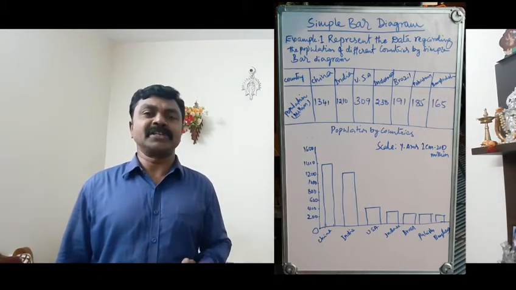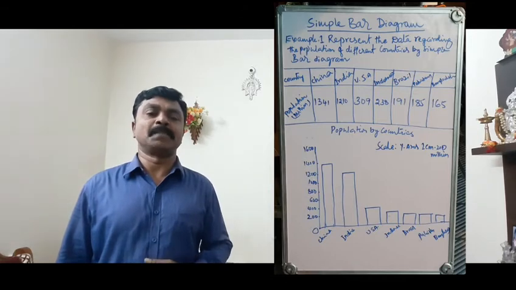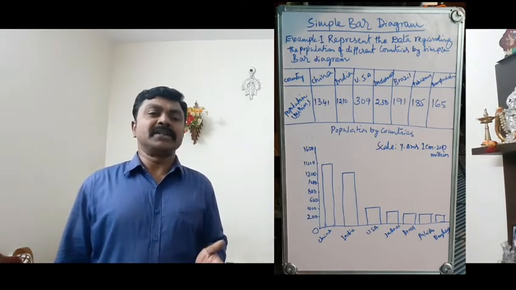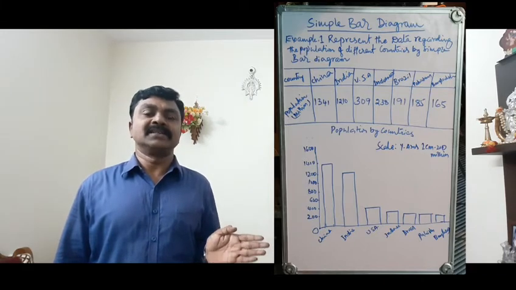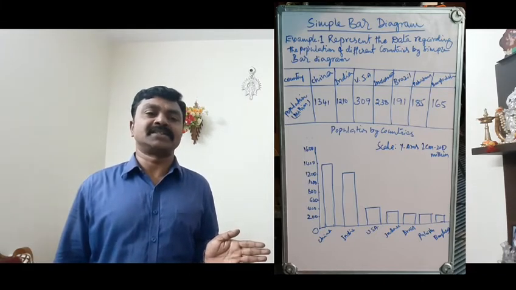We can represent data and use it this way. The best example is data regarding the population of different countries, shown in the graph for your understanding. This clearly shows how populations are distributed across different countries.